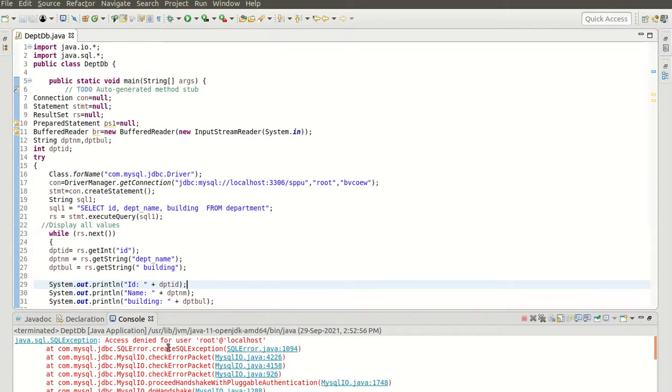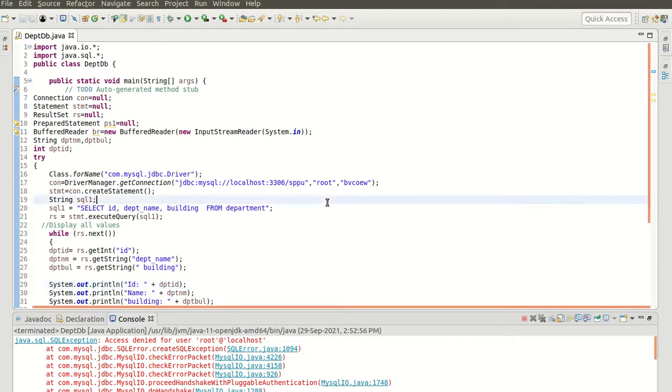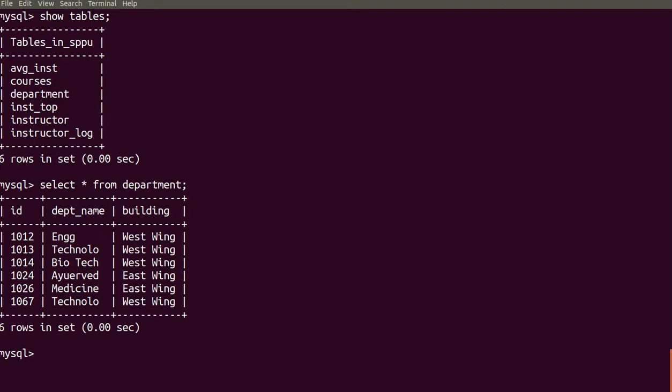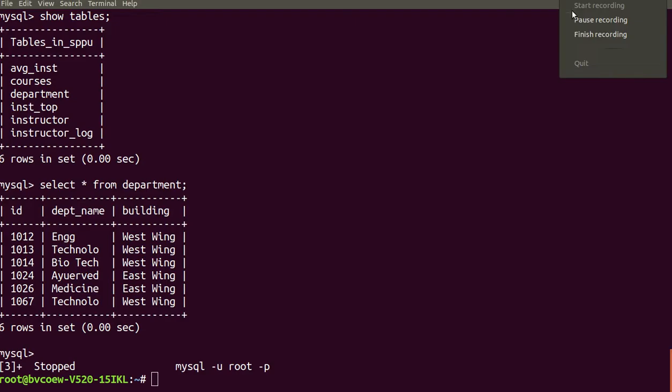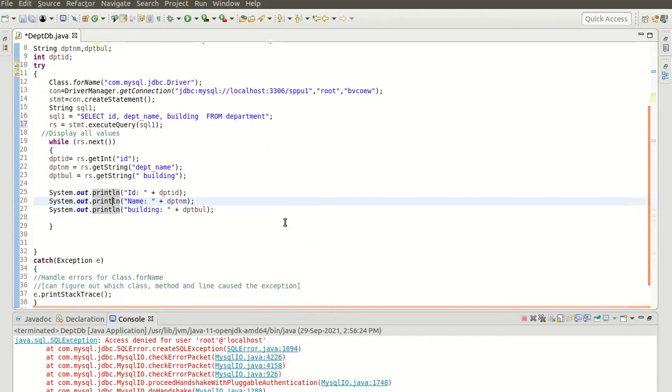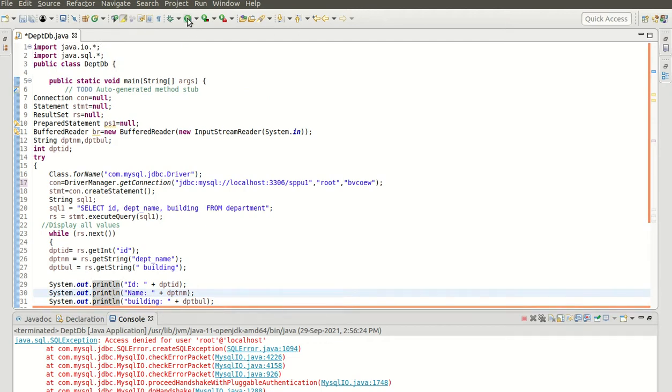Okay, now it has given me an error, access denied for the user root@localhost. Now I have to check why this access has been denied. Okay, so I will cross check with the root username and the password. Okay, I'll exit from MySQL. So these are the updated records of the department table. The 3 records are there in the department table.